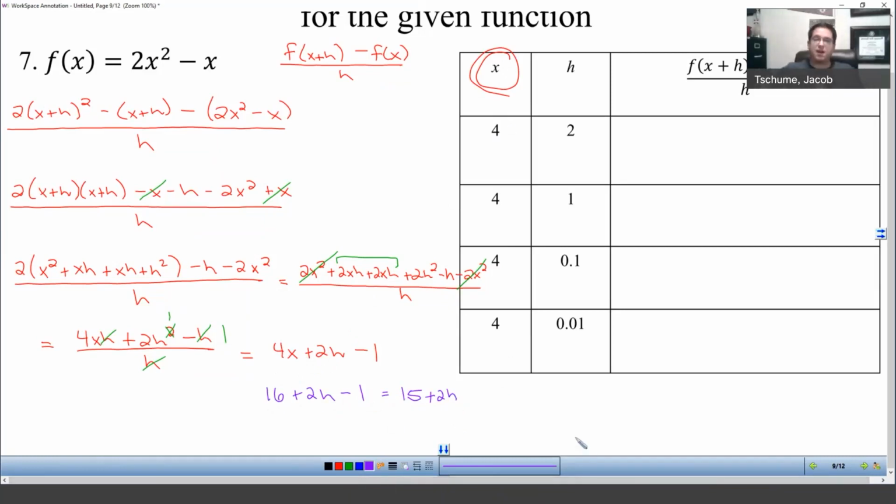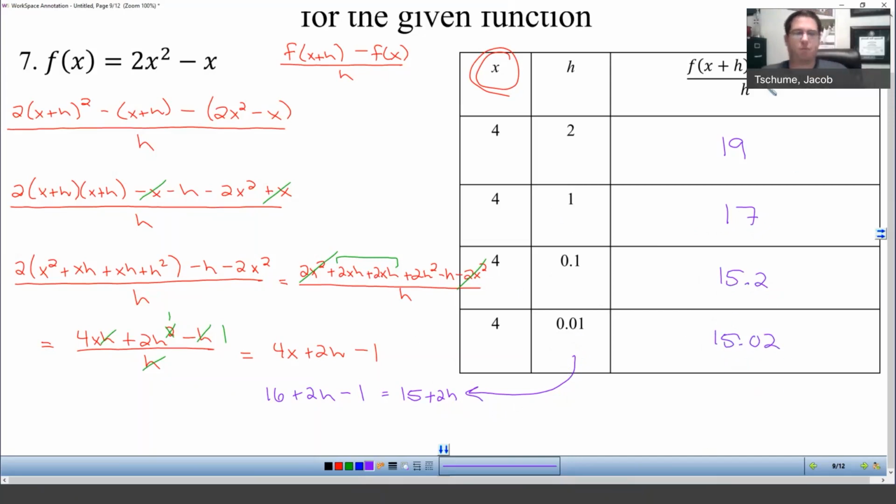And then using my calculator or doing basic arithmetic, I'm going to take all of these h values and plug them into here. So starting with 2, if I plug 2 into this difference quotient, I get 19. If I plug 1 in, I get 17. If you plug 0.1 in, you get 15.2. And if you plug 0.01 in, you should get